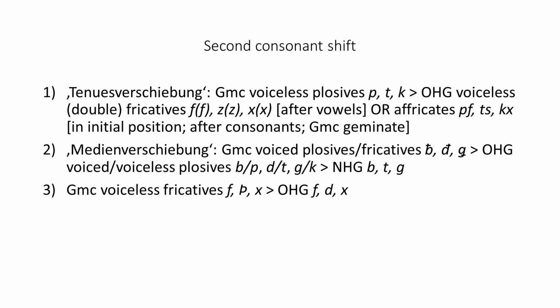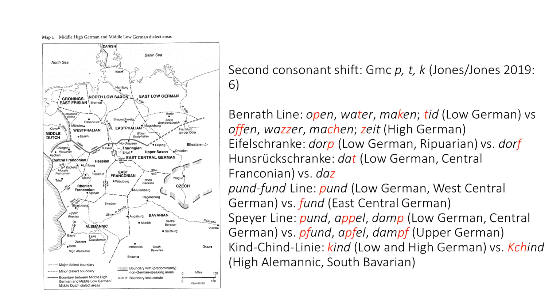They shifted gradually from north to south, and thus provide an easy-to-use criterion for localizing High German language material. We will look at the individual shift stages from north to south, and use the dialect boundaries as a guide. Firstly, the Benrath line. South of the Low and High German border, there is a shift from post-vocalic p, t, k to double fricatives. This happens after a long vowel or diphthong. The double fricatives are simplified to single fricatives, and the shift of t to the affricate z in initial position when geminate